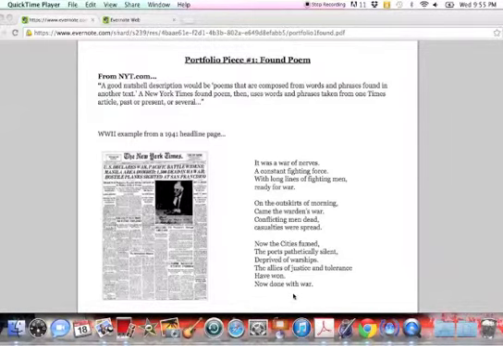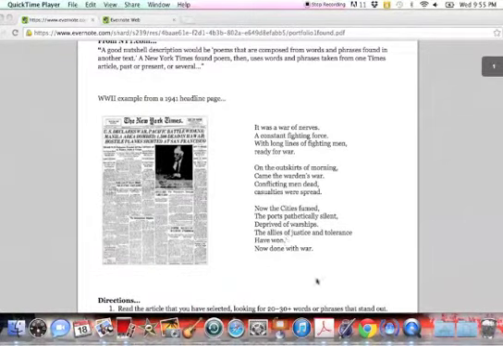So I think it's pretty awesome that this person is able to create a poem that makes sense out of what you could think are random words and lines from the New York Times front page. That's neat to me. Now, obviously, the headline for this day is about war. It makes sense that the subject of this particular poem is about war, but when you're writing your own, don't think that it has to be the same subject as the article itself. Sometimes it will be different. Let me show you mine.